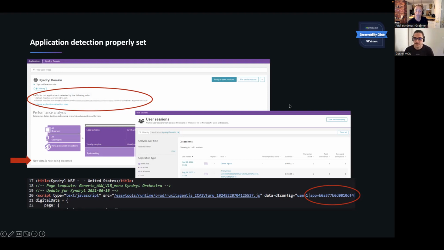So by default, everything goes into the default app, even if you have configured your own application with a URL that you think is the right URL, but if it's behind a CDN, this might not be the real URL. And so what you just told me is, why not just search the backend distributed traces